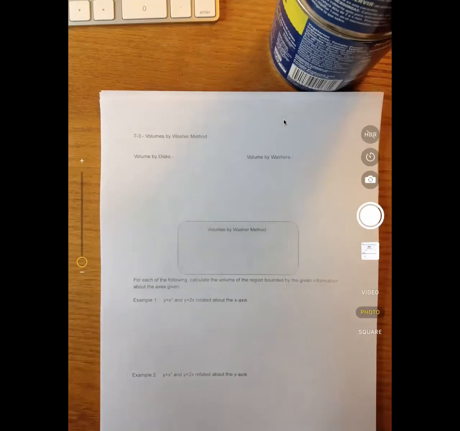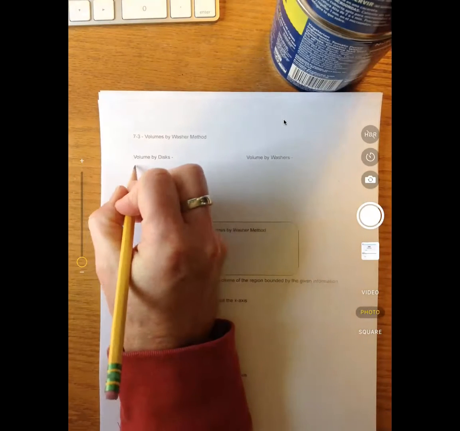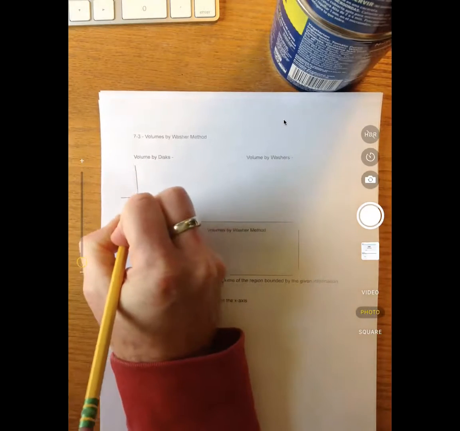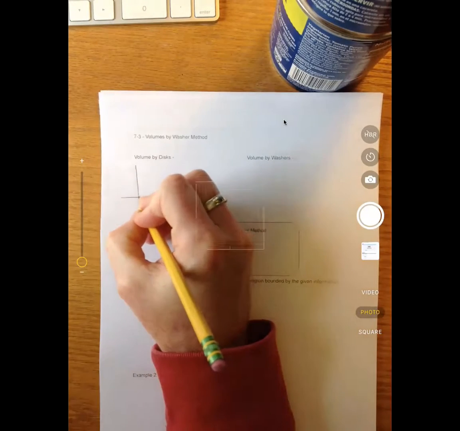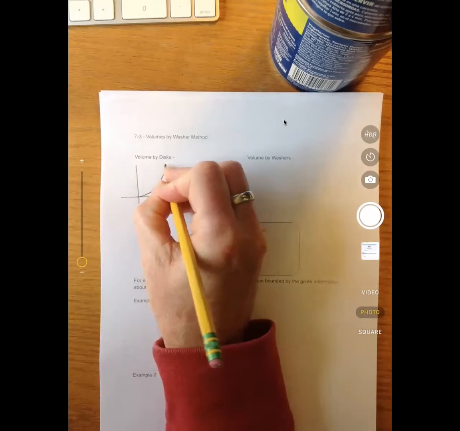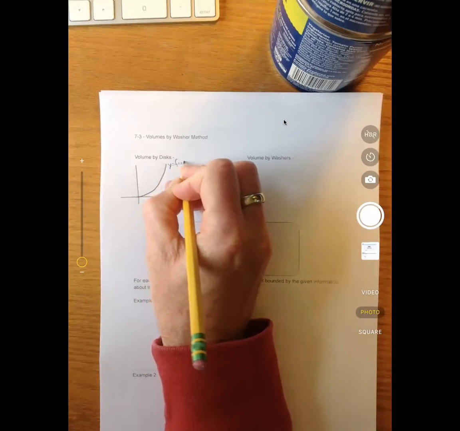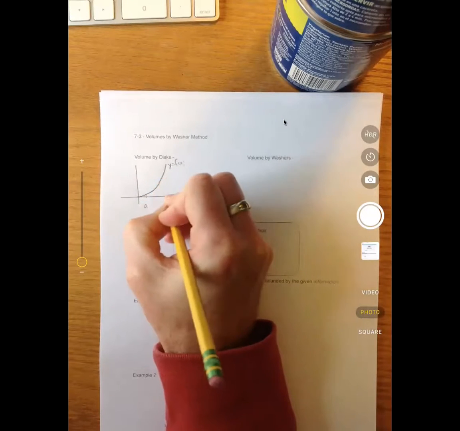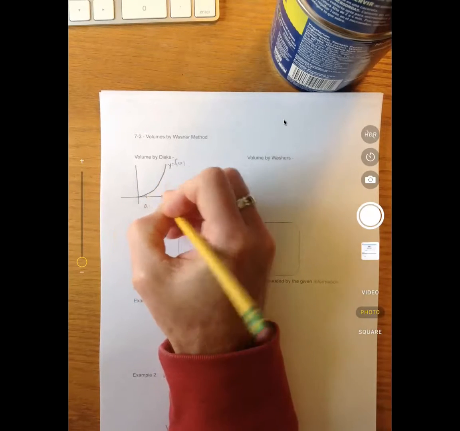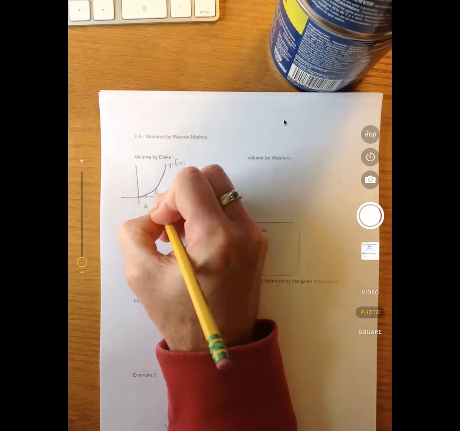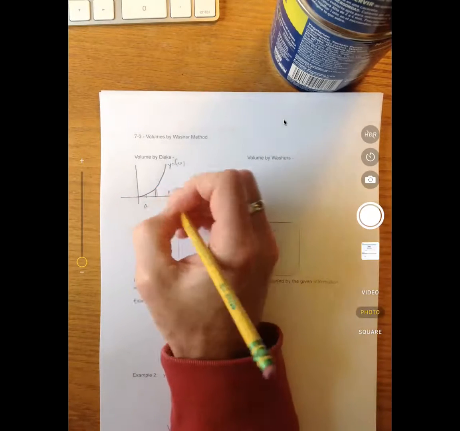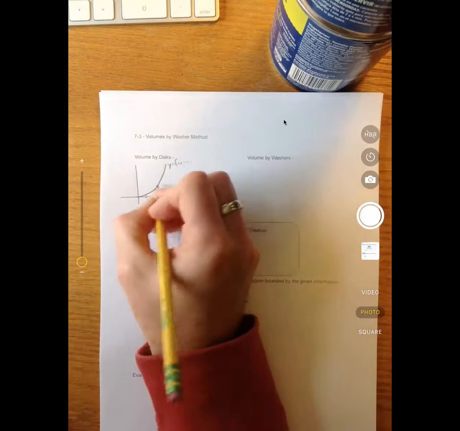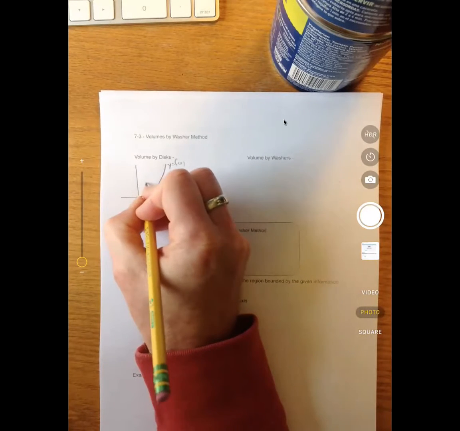Hey everybody, here is the next type of volume calculation. It's called volume by washer method. So let's do a quick review. In the last set of problems we were working on volume by disks. If I had some kind of function and I was rotating some interval around, let's say, the x-axis, I draw a rectangle that's perpendicular to the x-axis, labeled that dx, and that coordinate had a y value and